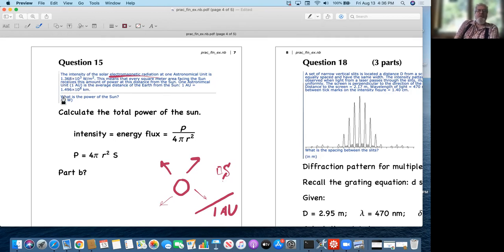All right, so the first question is, what is the power of the sun? Well, the sun is radiating in all directions, and the energy is conserved. So the energy spreads out around a sphere. The area of the sphere is 4 pi r squared. So at distance r,